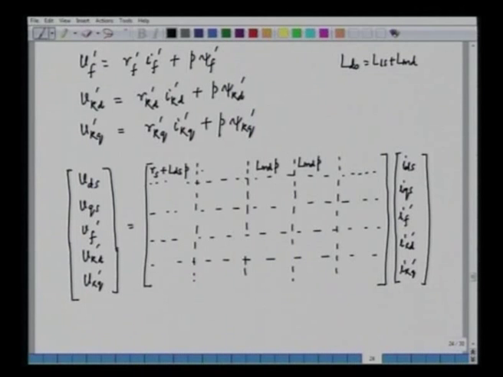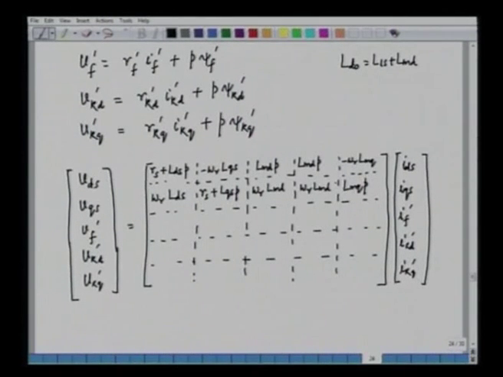This will be minus omega r into LQS. This is minus omega r into LMQ. Similarly, the second row would be RS plus LQS. Now, we have the coupling with the Q axis. This is LMQ, and then we have the speed induced EMF or the rotationally induced EMF: omega r LDS, omega r LMD, omega r LMD.